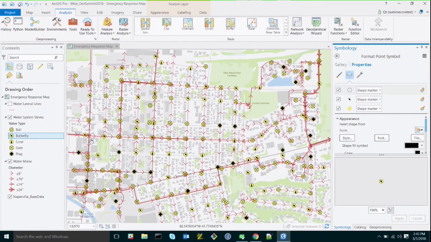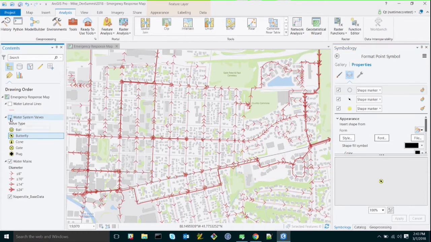The other thing that I'm representing on my map are water mains. And I'll disable the water system valves for just a minute just to make these a little bit more clear. And what we're doing is we're reflecting the diameter of each of these water main pipes so that we can see, based on the thickness of the line, what the relative diameter of that pipe is. And there's something also unique that's going on here. You can see that there are these directional arrows which are indicating the direction of the water flow within the